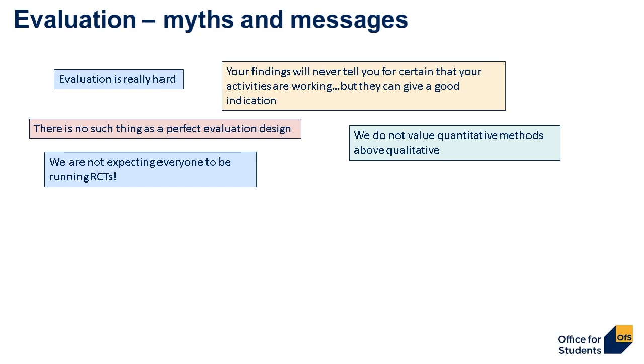And we sometimes hear concerns that it's unethical to provide a potentially life-changing intervention to some people and not others based on randomization. But we would take the view that unless you have strong evidence that your intervention is effective, then it's unethical not to be evaluating it. And that, in some circumstances, will give you a license to run a trial.